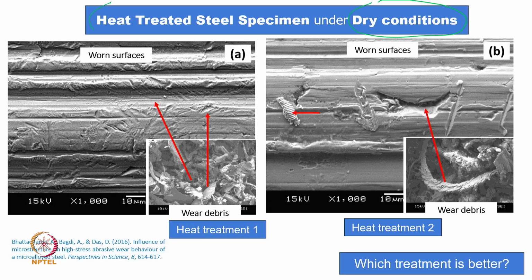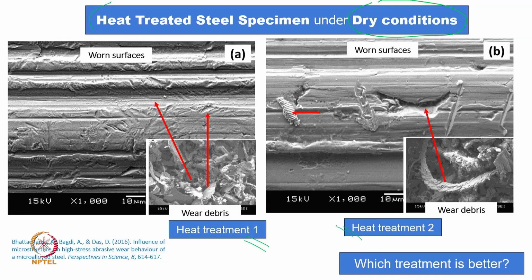And in this case, particularly the steel specimen has been used, and for the steel specimen, there are 2 heat treatment processes which have been utilized. We want to know which heat treatment procedure is going to give better results compared to the other heat treatment procedures. So, we have 2 heat treatment procedures, and we want to test which heat treatment will give better